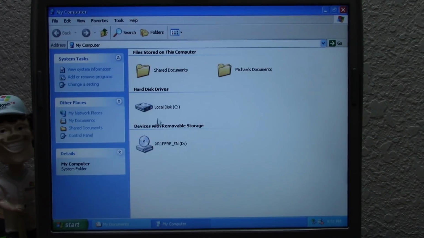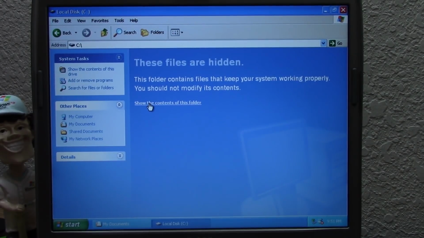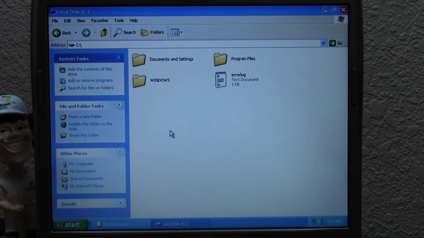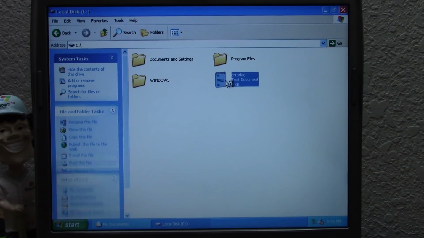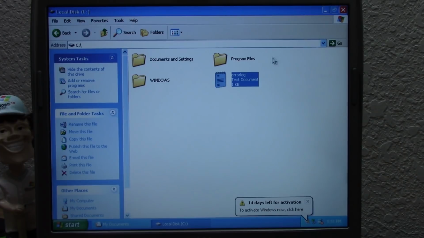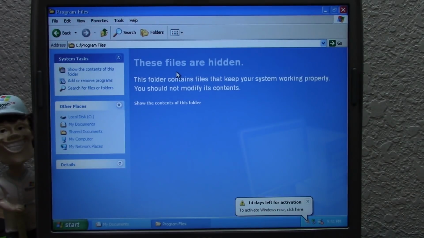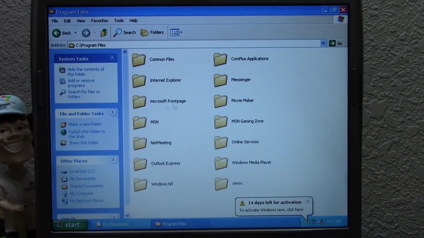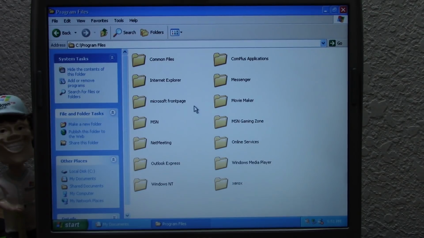So like in my computer, if we go in here, you can see that the show contents folder behaves more like it did in XP, just this whole layout. And there is this error log here. I believe this is because this was before I set the date to June of 2001, which is what the date is set to now. So it kept this, but if we go into program files, there's not really going to be anything here,